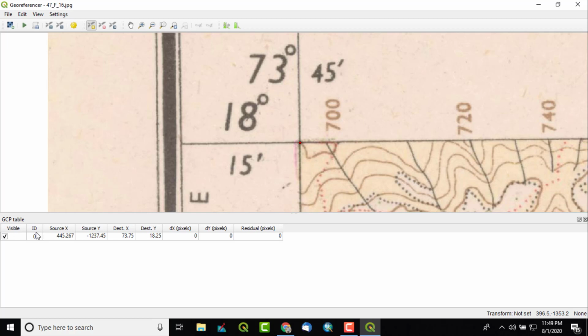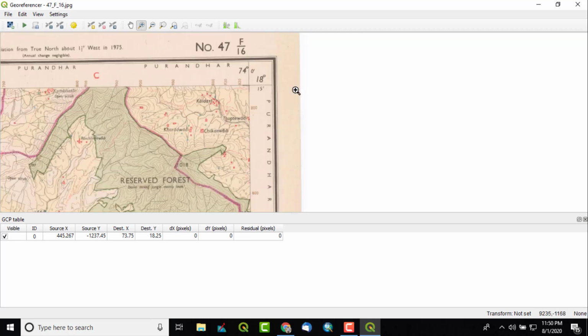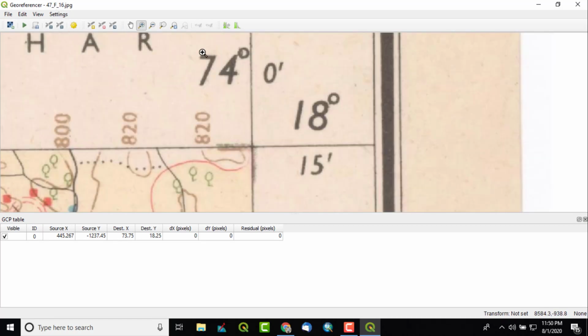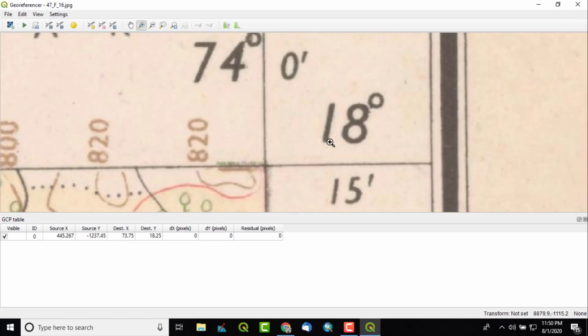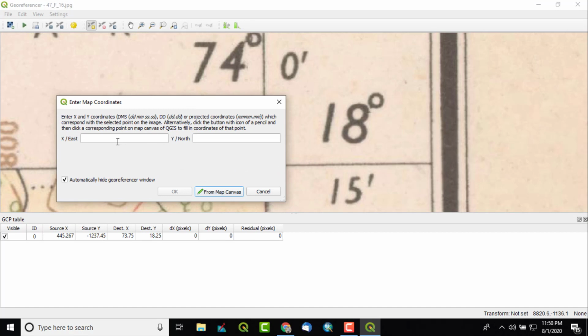So the first point we have added, and it will be seen in the GCP, ground control point table. From here we can use zoom to layer. Let's go to take the next corner point. Let's zoom to it with the help of this zoom button, and then again take add point and click the exact intersection of the lines, and you can move the window.